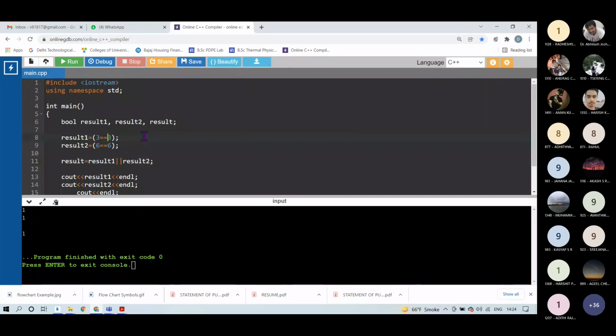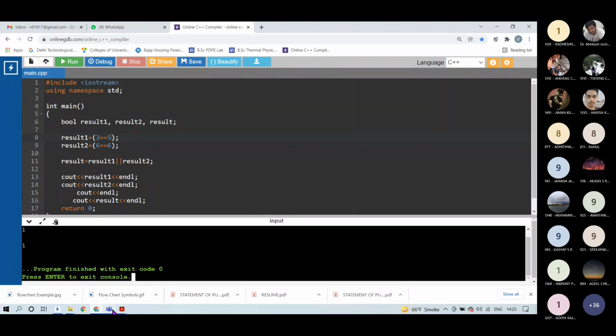But if I make this as 5, then also what should it show? 1. Now one of the expressions is false but the other is true, so the final answer should be 1, right?